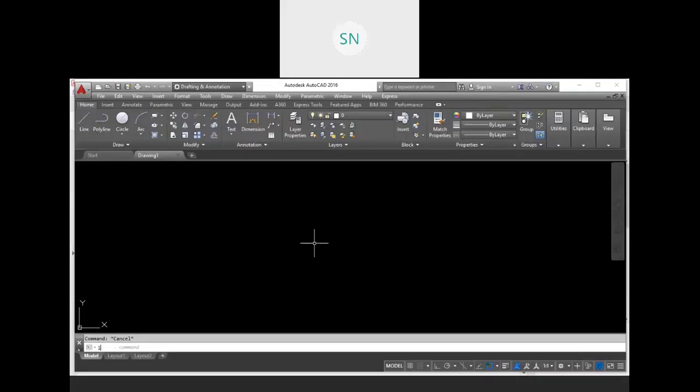So here is our AutoCAD screen. First of all, one line. Turn on your ortho mode and type 6. So we have a 6 mm line over here, which is enough. Now circle, C, enter. Over here we want a 1 mm radius circle, again circle, and here 2 mm.